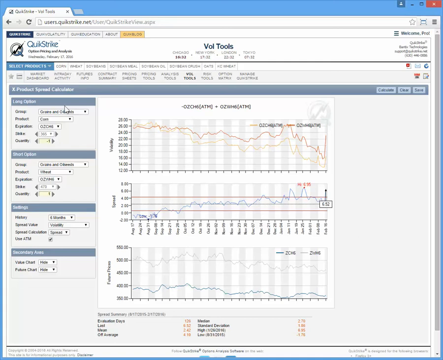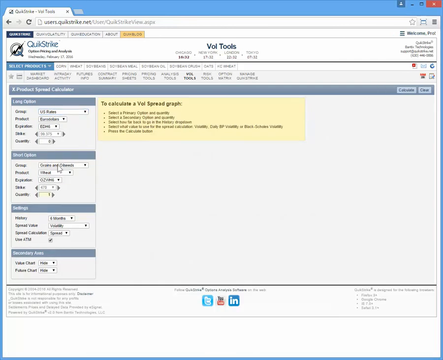Now you're not limited to ag within ag. If I wanted to look at a U.S. rate versus a wheat contract, you definitely could do that. I don't know how relevant that is. I mean, I haven't seen anything like that, but the whole point is you can do cross product spreads. Okay, so